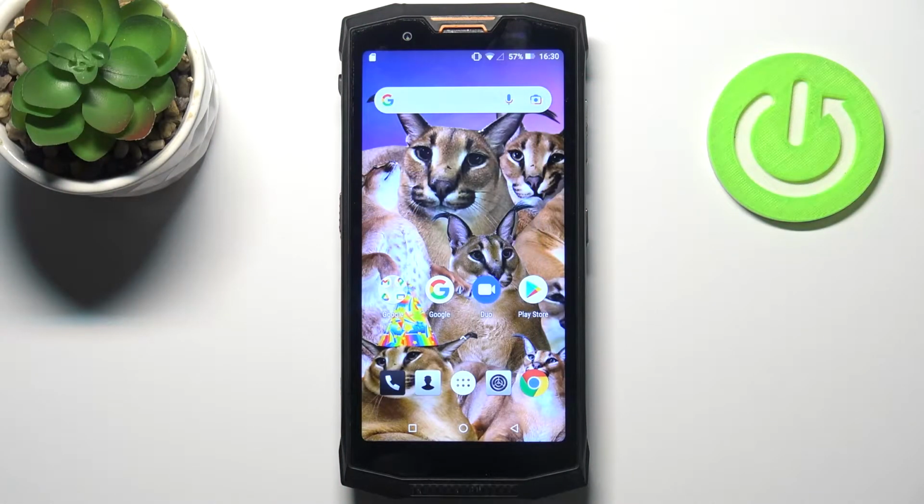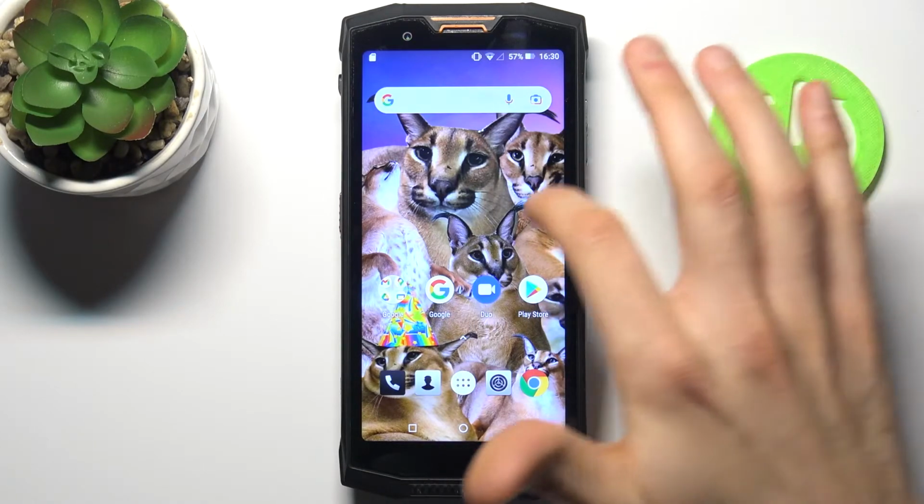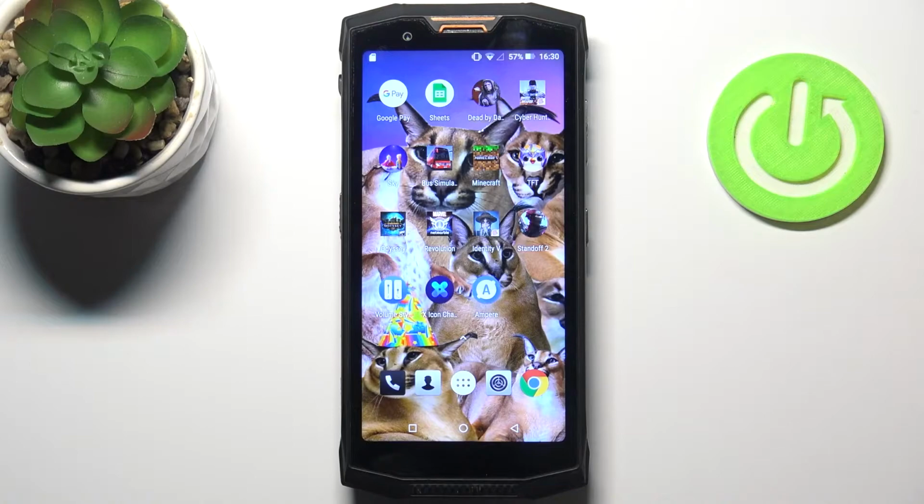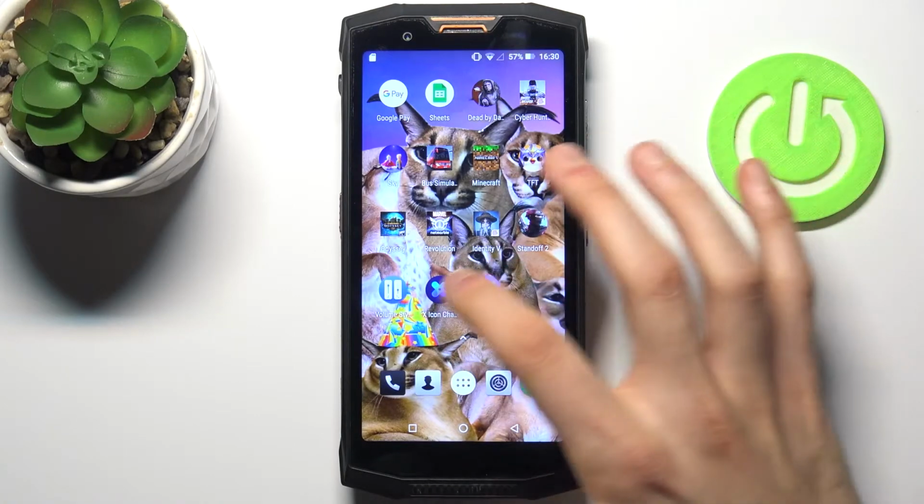Here I have DOOGEE S80, and today I'm going to show you how to change your icon's shape and like images, like how to customize your icons on this device. So to do this, what you need to do is to just download this app X Icon Changer from the